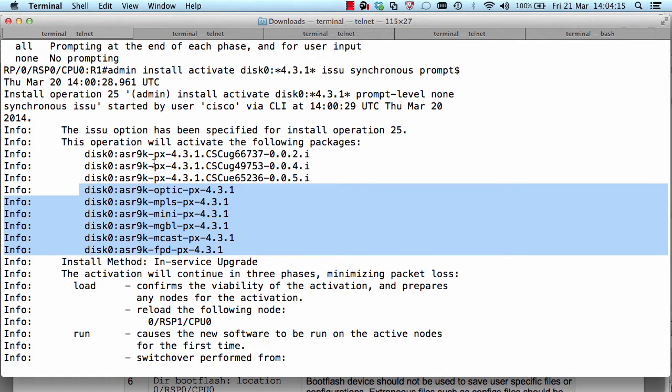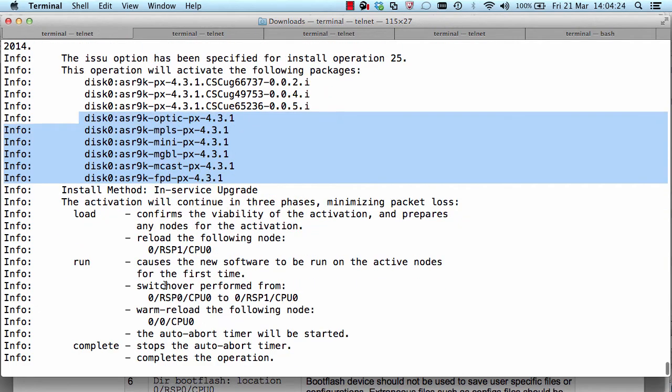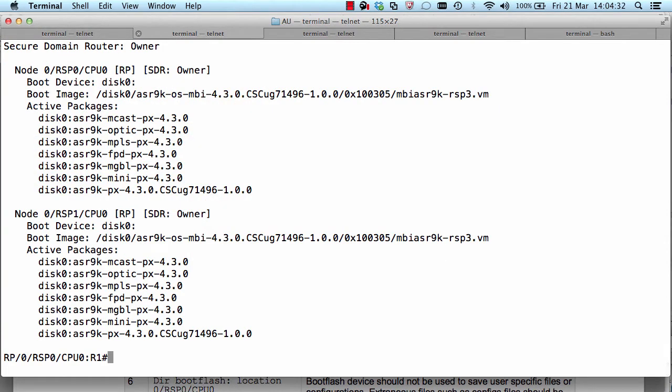So you see that the ISSU process has started. The whole process, or the activation, is going to continue in 3 phases. The first will be the load phase. This is when it prepares all the nodes for the upgrade. Now, if you look at the device,